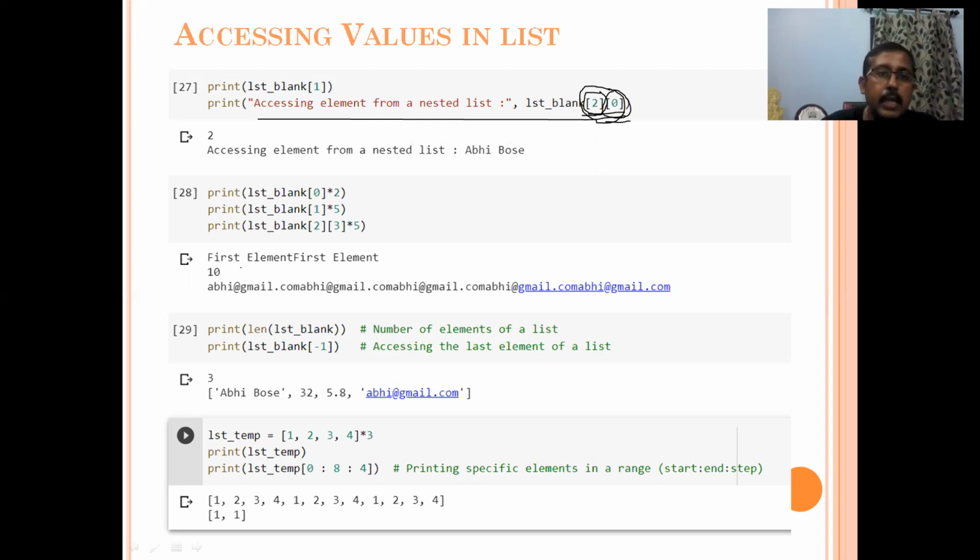Then, element-wise, we can repeat as well. For example, I just took the first element and repeated it twice. But here, note one thing. This first element was a string, so it was getting repeated. But here the second element is an integer. It had a value of 5 and I repeat by 2. If I use the star operator or the asterisk operator, it will not treat it as a repeat.